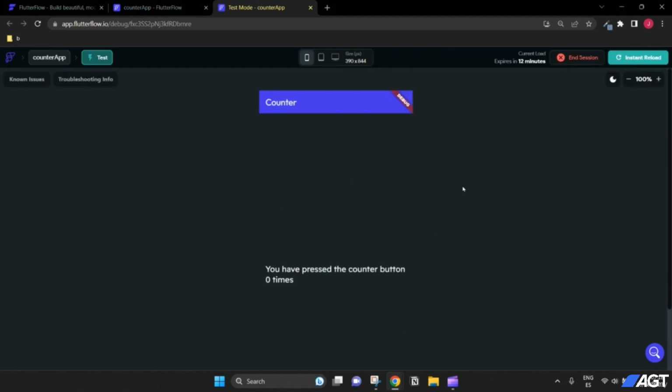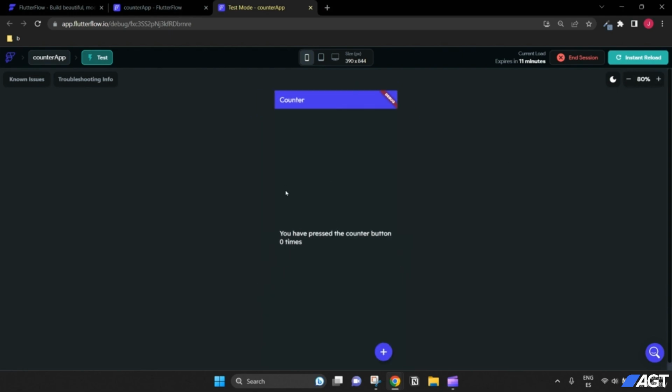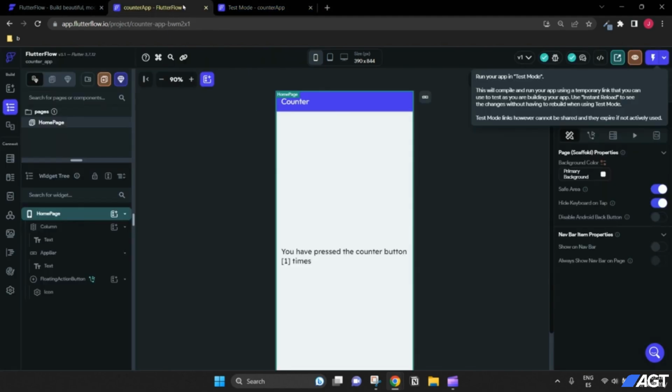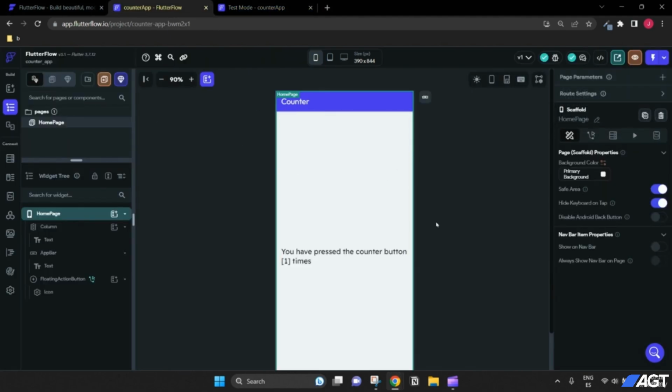Okay, so the project has been built. So now here we can test the app. We can also, from the top right, zoom out and zoom in. One thing that we can see is that this is black, or dark, right? And if we go back to our project dashboard, we can see that this is light, this is white. So why is this happening? This is happening because I set my